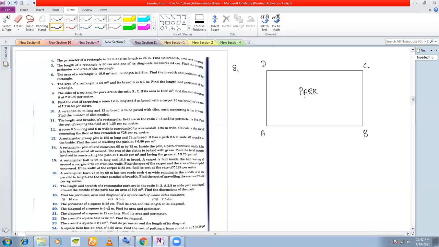So we have children playing inside this park, so it needs to be fenced, right? A certain fence needs to be given here so that people don't cross over or people inside don't go out. Certain fencing needs to be done, say vertical poles or something, iron rods need to be put.